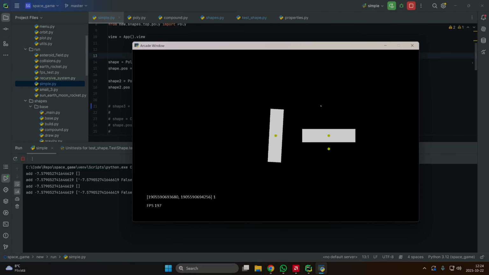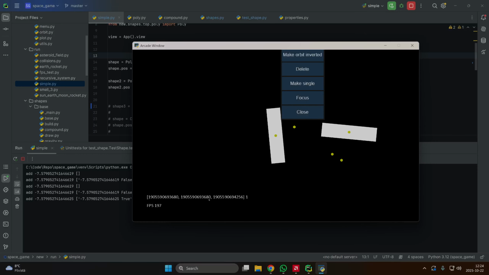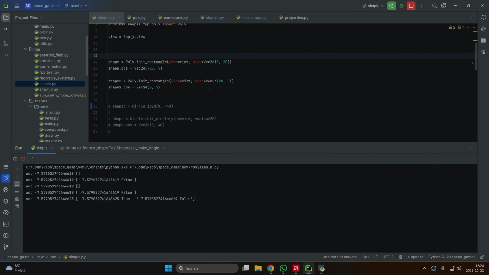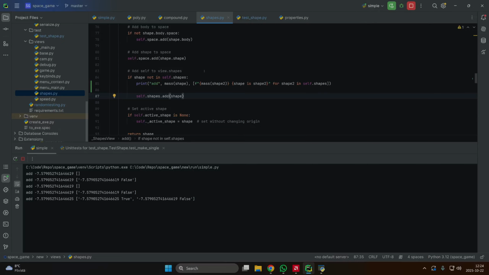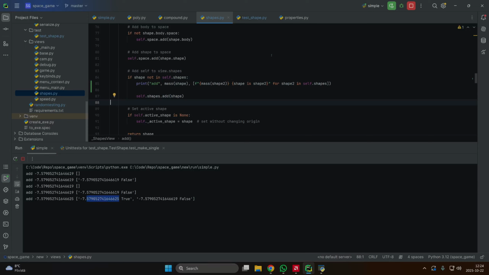This was a really annoying bug to find. So merging these was fine, and then we make this single. But then you see in the bottom here we got 3 shapes now, and I couldn't figure out why. It turns out that the mass changes super slightly. This is the mass, 7.5, and I have a ton of decimals. So when you rotate it with the offset and rearrange the vertices, the area changes ever so slightly due to